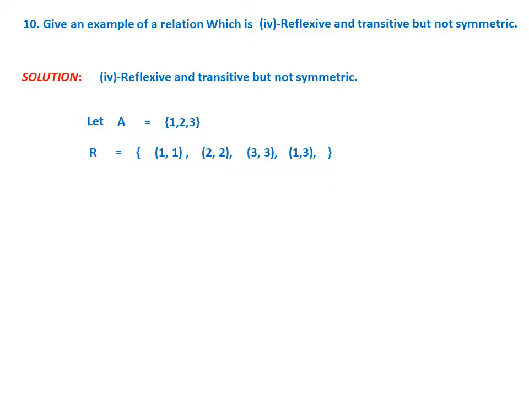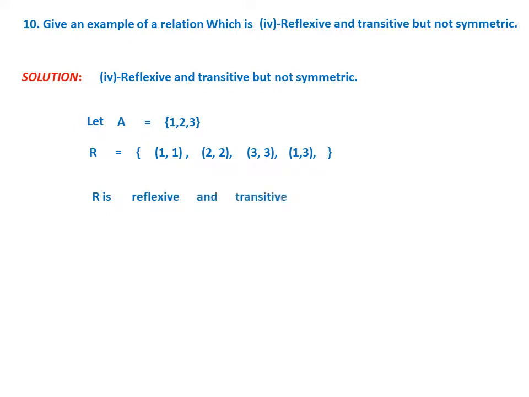Now this is transitive because this type of transitivity is called trivial transitivity. See, it is not violating the definition of a transitive relation. See, (1,3) is there, that's all. No other element starting from 3. Even if you take (1,3) and (3,3), then it is satisfying the transitive condition. So definitely it is transitive. So this is the example.